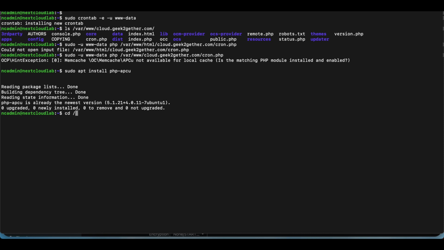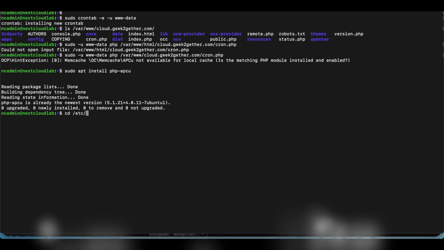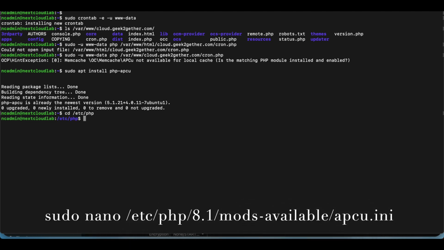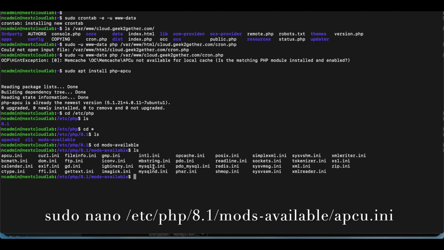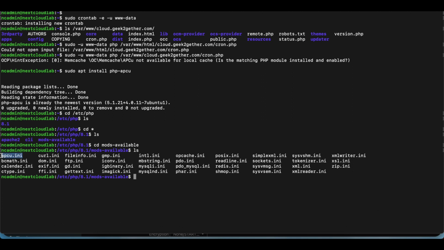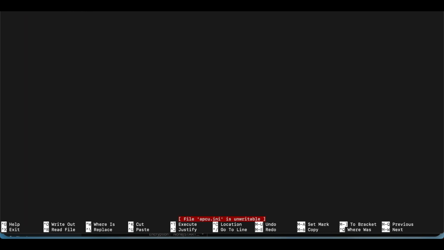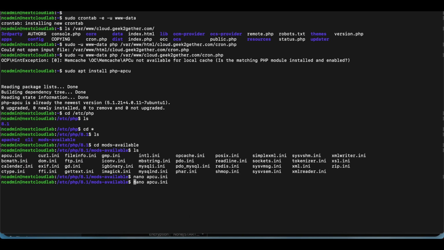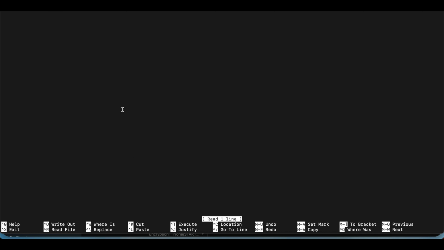So we need to cd into the etc directory, and then we go into php. In this case, we want to cd into the 8.1 folder, and we want to cd to mods-available. So once we go in here, there's a file in here called apcu.ini, which is this one. So we need to open this file and make some changes in here. Okay, I'm going to open that as sudo. Okay, once we open that file,